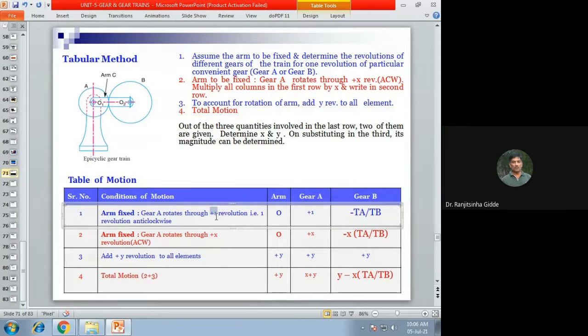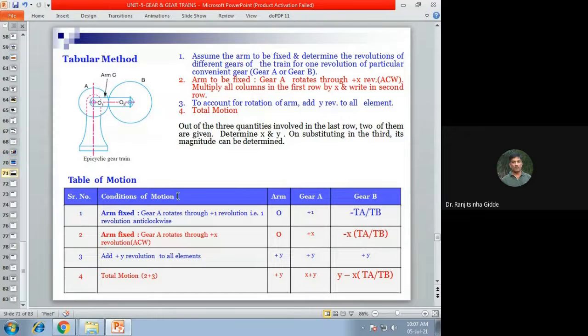हे consider केले, हे condition पकडले आपण, right? So arm is fixed, therefore here it is 0. गिअर ए रोटेट किती न होत आहे म्हणून सांगितलं आपण इथं +1 रिव्हॉल्यूशन. म्हणून गिअर ए च्या बॉक्स मध्ये वी आर गोइंग टू राइट हियर +1. नाउ हाउ टू फाइंड आउट रिव्हॉल्यूशन ऑफ गिअर बी?